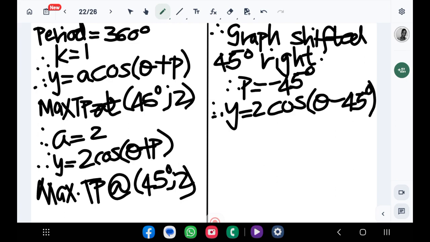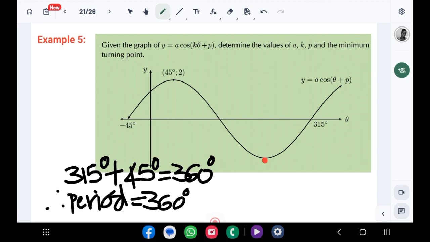That's your y. Now, in order to figure out what the minimum turning point is, okay, obviously the minimum